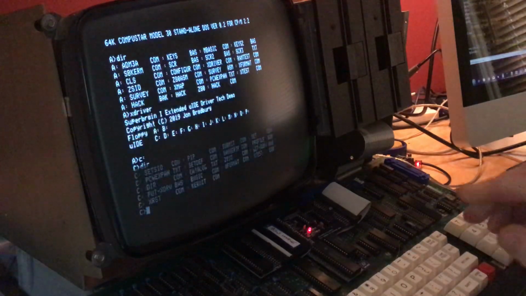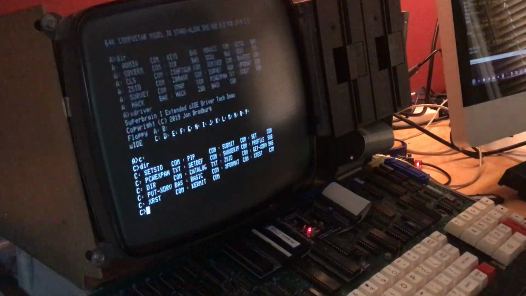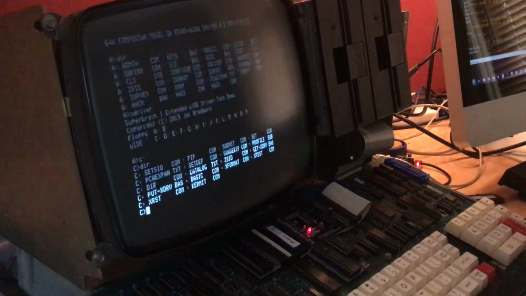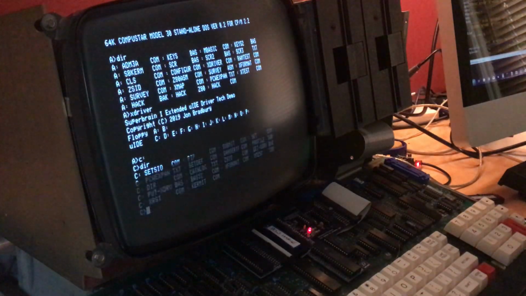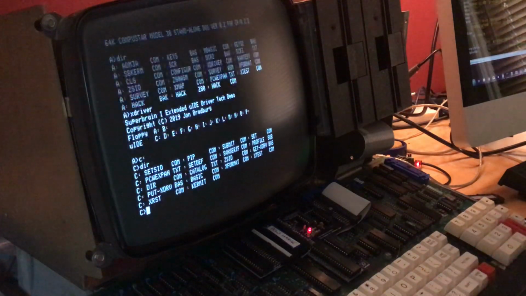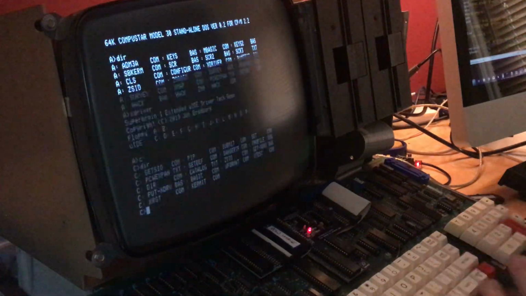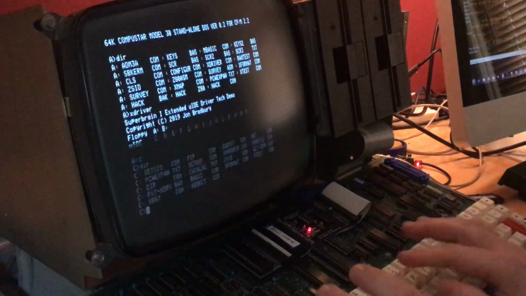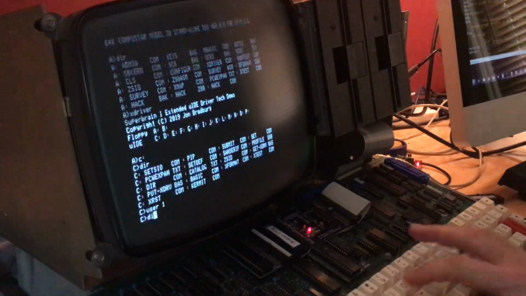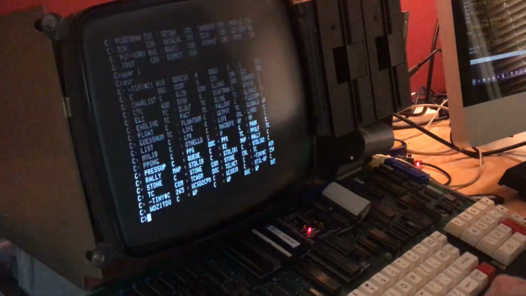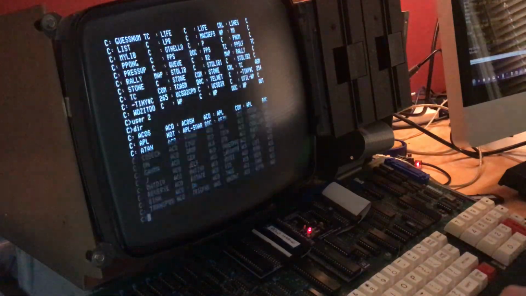So now the reason why it has that slight delay is because C's got an awful lot of files on it, and in order to show me what's in user 0, it's got to scan through all of the user areas. So on drive C, user 0 has just got a few bits and pieces on it, but the other user areas are quite full. So if I do user 1 for example, and then look in there, got a load of stuff. User 2, load of stuff,